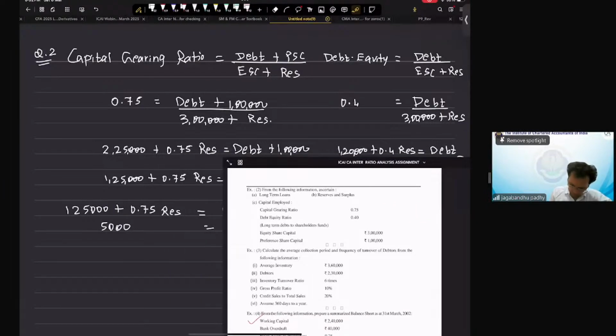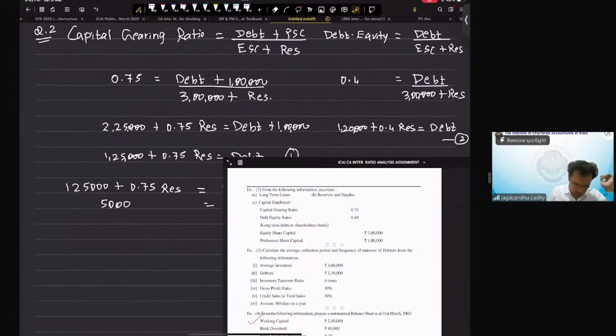We have capital gearing ratio as 0.75. 0.75 equal to debt plus preference share capital 1 lakh over equity share capital 3 lakh plus reserves. We have debt equity, debt upon equity plus reserves. So debt is not known and 0.4. 0.4 is equal to debt over 3 lakh plus reserves. We have 3 lakh into 0.75,